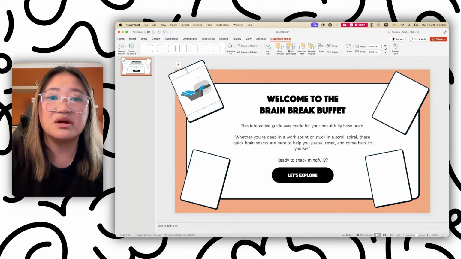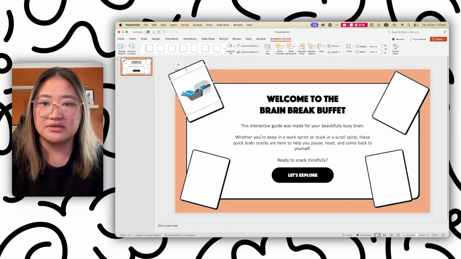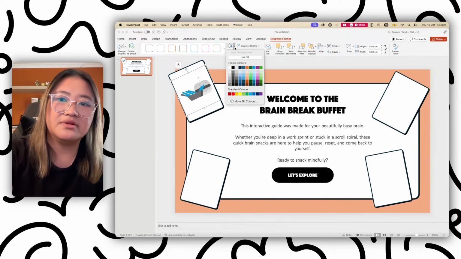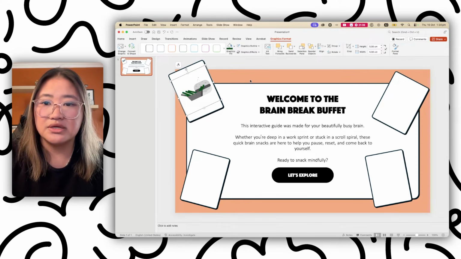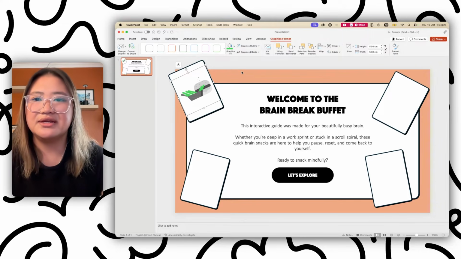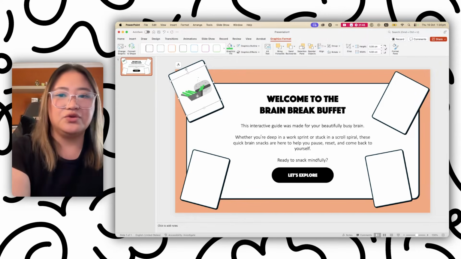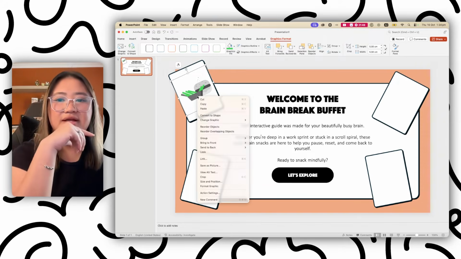I want to change the color. So I'm going to select graphic format, selecting the graphic, going to graphic fill, and you can change that. I am going to do green, which is what I had. Oh, wrong green, bright green. Now, if you want to customize this graphic even more, you can right click the graphic